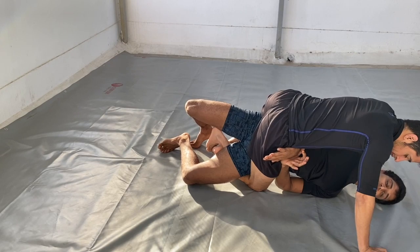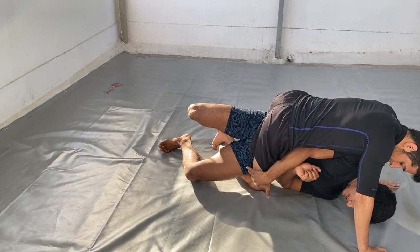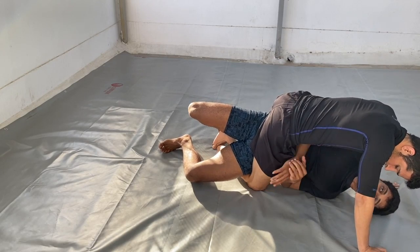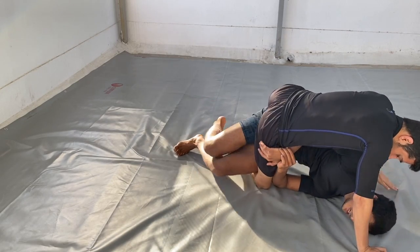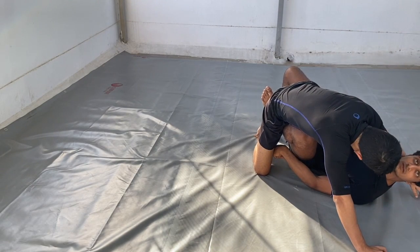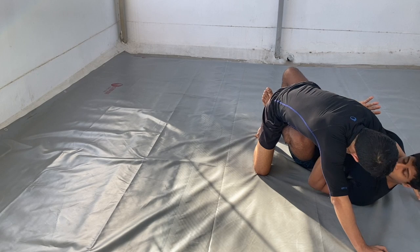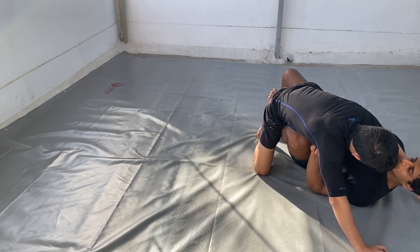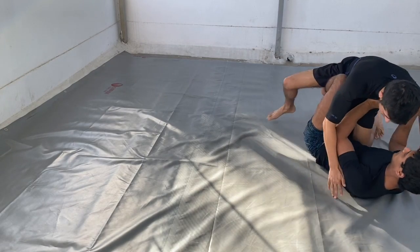Okay? Now, from here, my knee is no more going to go under his foot. I need to look for the crook of his knee. So from here, I start to invert so that my knee comes through the crook of his knee. And we end up here. We end up with a dilemma. Usually what will happen is people start backing away. As he starts backing away,